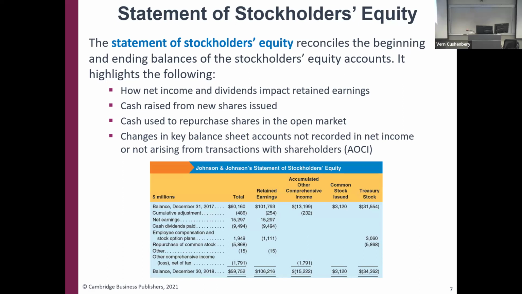We also had some stock option plans and something called cumulative adjustment, which posted to retained earnings and other accumulated comprehensive income both. We don't know what that is. If you're looking at a statement of retained earnings and you see a big number here, you're going to have to dig a little deeper to find out what is going on with that number. Now you're digging into the fine print to better understand what cumulative adjustment means and why half of it hit retained earnings and half of it hit accumulated other comprehensive income.